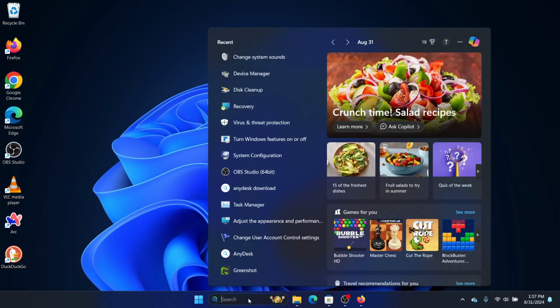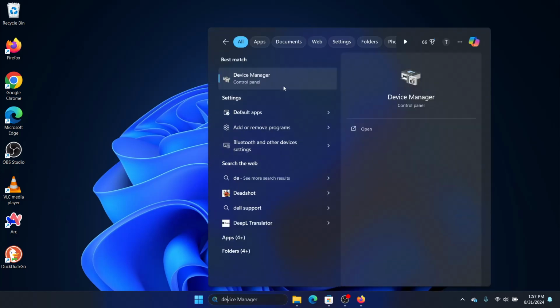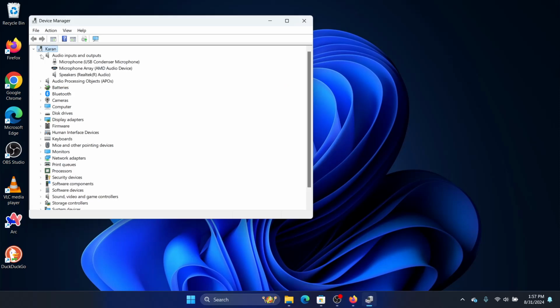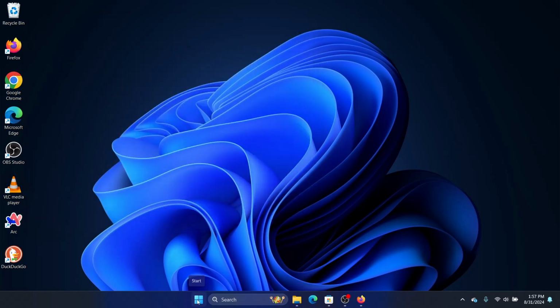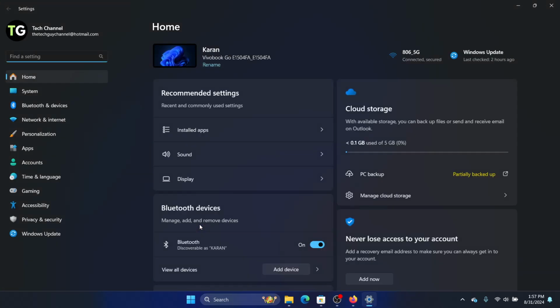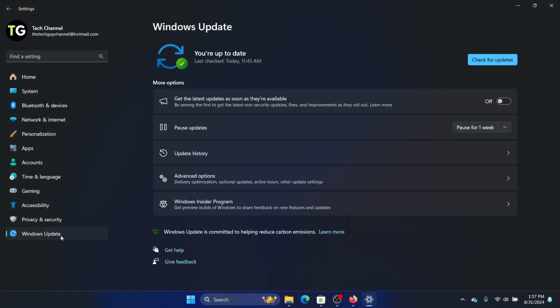To update the audio drivers, we will look for device manager. Then we will look to expand audio inputs and outputs. And if you have a headphone icon here, then you need to right click on it and click on update driver. We can also run a Windows update by right clicking on start, clicking on settings, clicking on Windows update